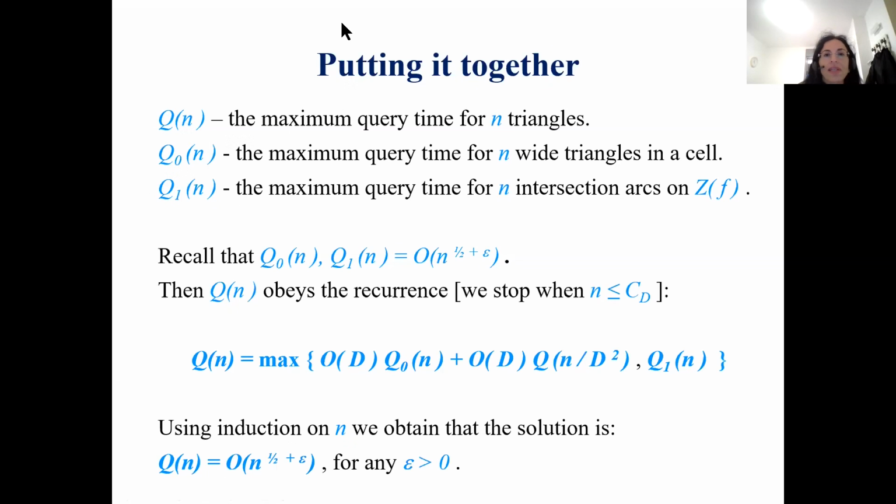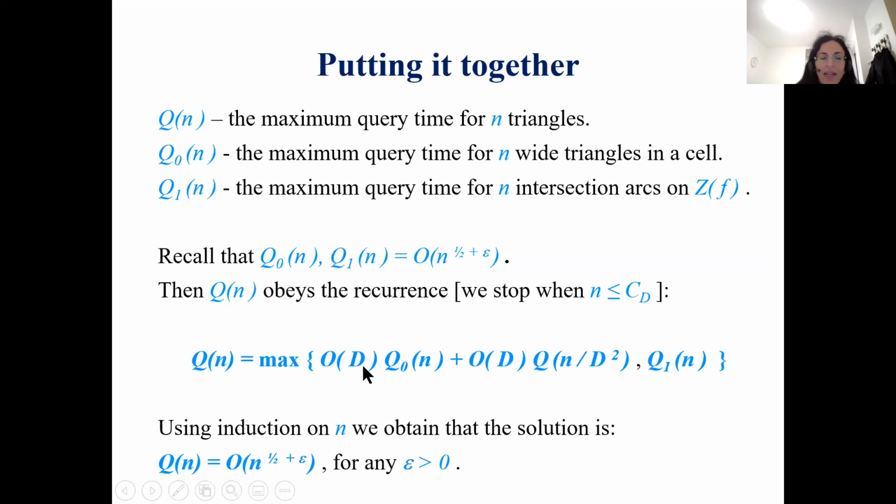Q0 is the maximum query time for n white triangles in a cell, and Q1 is the maximum query time for n intersection arcs. So again, from the previous statements that I made, Q0 and Q1 are n to the 1½ plus epsilon. So Q(n) obeys this recurrence. It is the maximum of handling the 0 set, which is done just once, or going through the recursion, which is